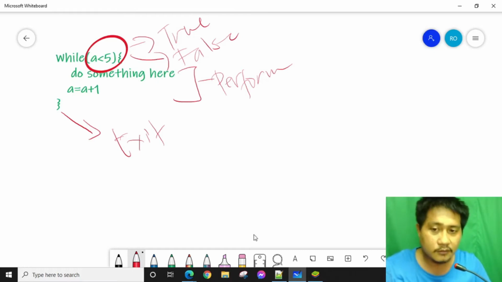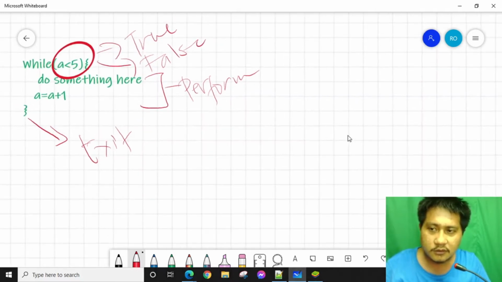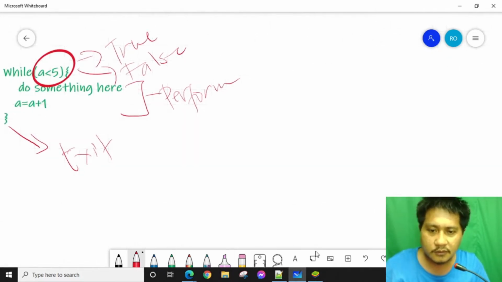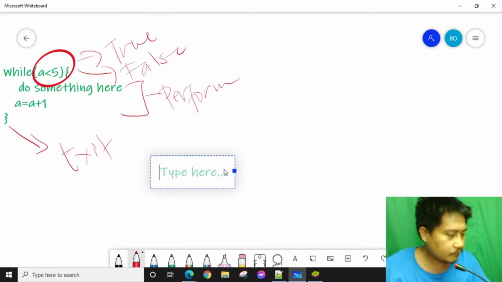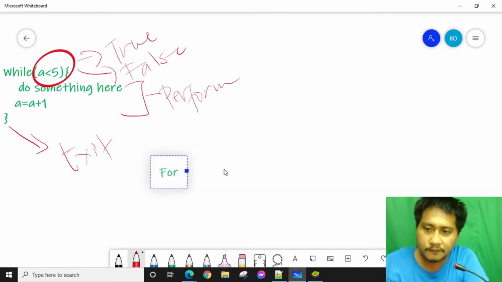Now in for loop, we'll do something almost the same as a while loop, but